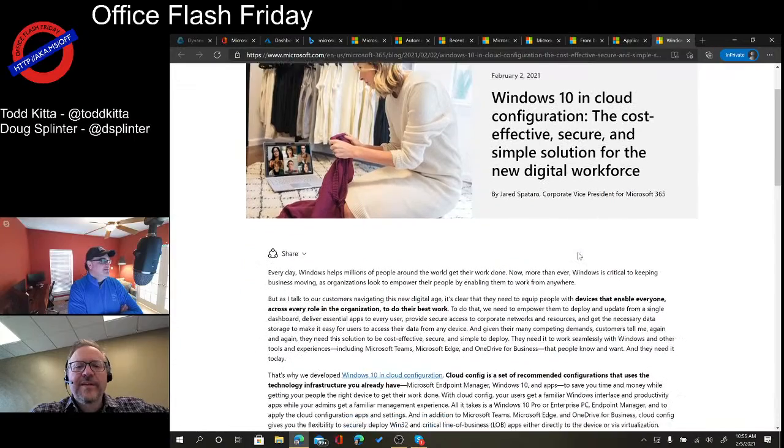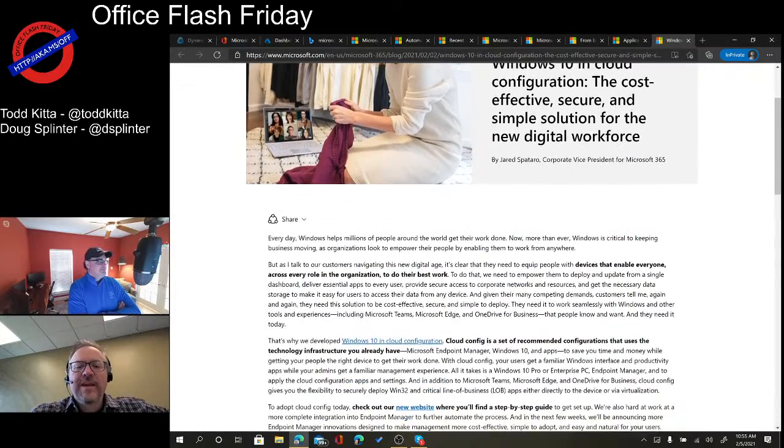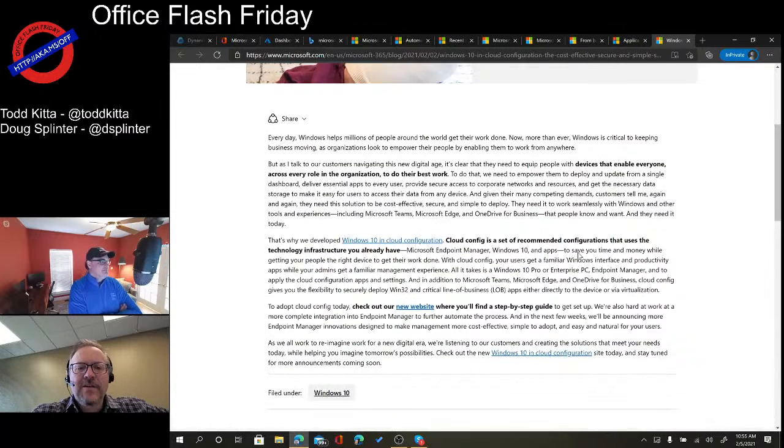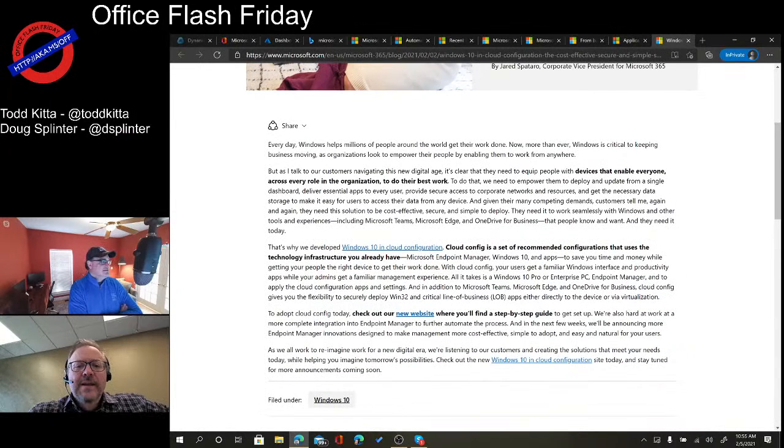Last one for me was the announcement this week of the Windows 10 in cloud configuration. Did you see that at all, or no? I did. Yes, this is awesome. So I think the combination of Endpoint Manager, the Windows 10 in cloud configuration stuff, the step-by-step guide in order to do it.